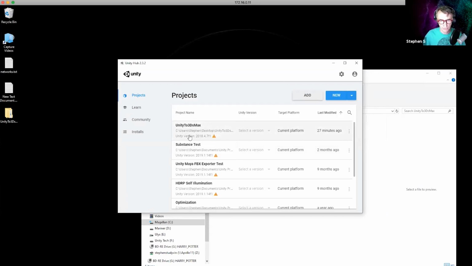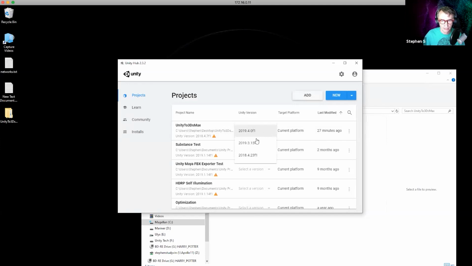And there's a couple steps to this. Once I get it here, you're going to see what Unity version was used to create this. Somebody was asking about Unity version 2018. Can you use 2018? You can actually go to installs and install the 2018 version if you really want to. My advice is to step up to 2019.3. But since I have it installed, I'm going to go to where it says select a version.